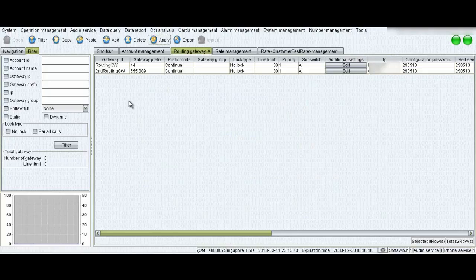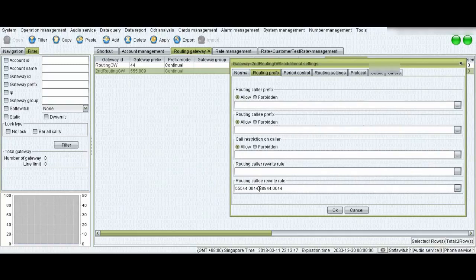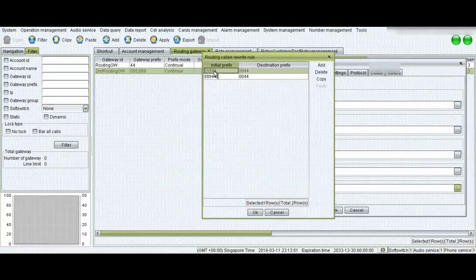Now you might have a question. The question could be why I have added 55544 here, whereas on this section I have only added the starting prefix.